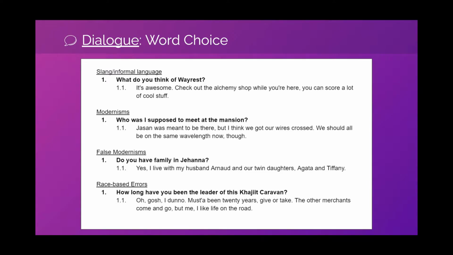But for us as game writers, it's more important what people think than what's true when it comes to modernisms. If people think that that's something that was invented or a name that was used only in modern times, it doesn't matter the truth, really. It will still break their immersion because they don't know that it was actually an older name or an older invention.